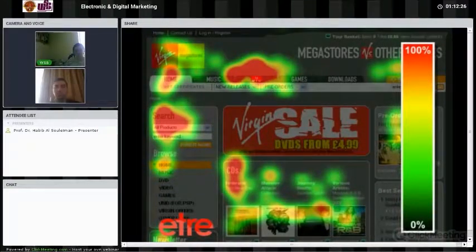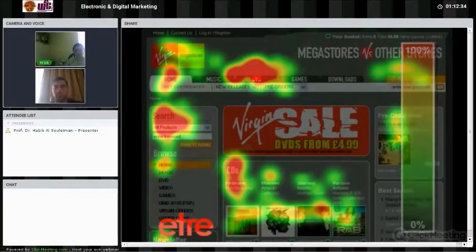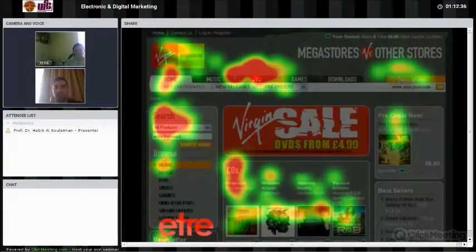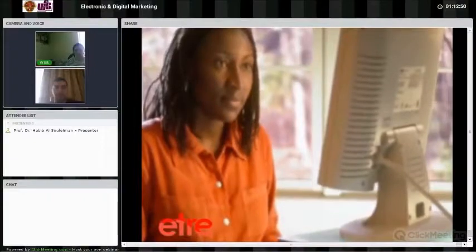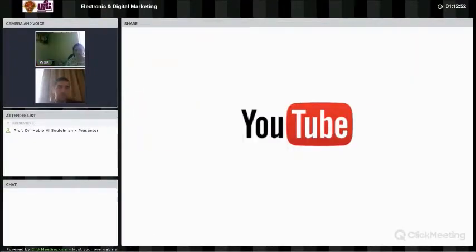Heat maps use a graded color scheme to show visual activity. Warmer colors reveal areas that most users looked at, while colder colors show areas that few users noticed. Black reveals areas that no one looked at. In this particular example, you can see that no one noticed the $4.99 DVD sale, despite its size and vibrant colors. This type of information is invaluable whether you're pulling together a new design or simply evaluating an existing one. Unlike conventional eye tracking solutions,